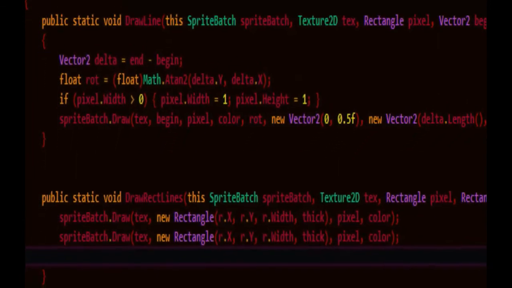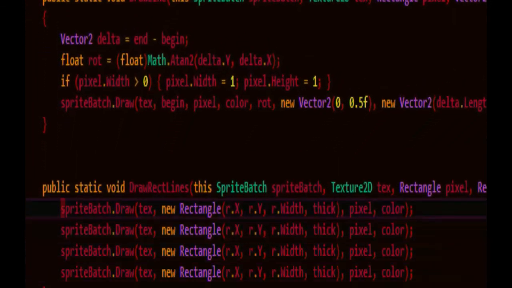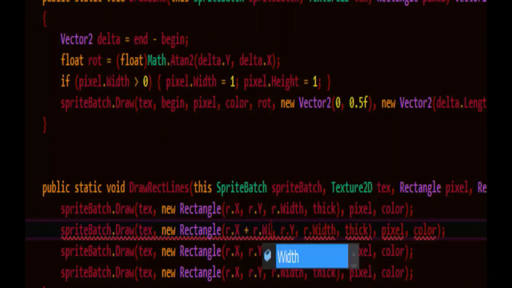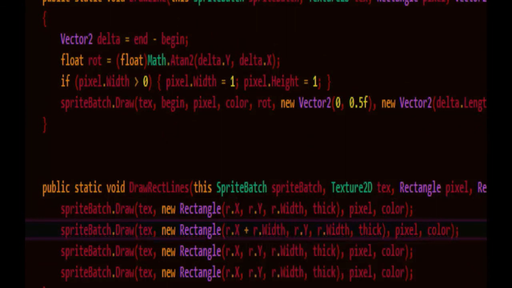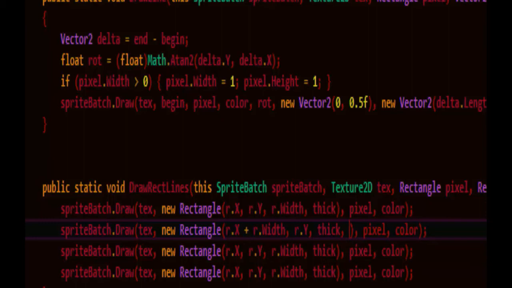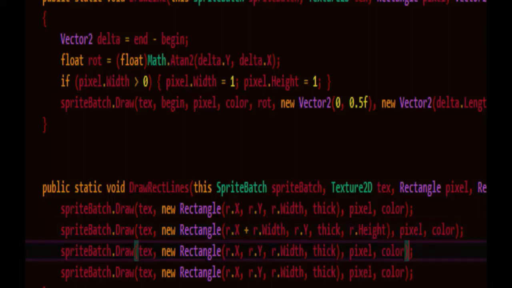We can copy this line a few times and then just modify it. So this time we're going to go with r.X plus r.Width, so that coordinates over to the right side of the rectangle, the top, and we're going down, so its width is actually going to be the thickness, and its height is actually going to be r.Height. That'll make a line straight down. So we did a line straight across the top and a line straight down on the right side. And we can go with the point on the left,